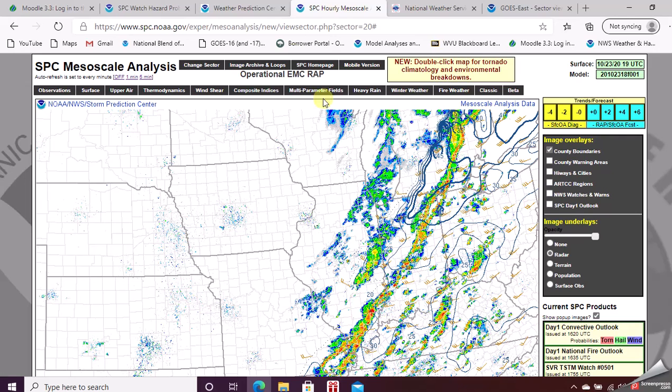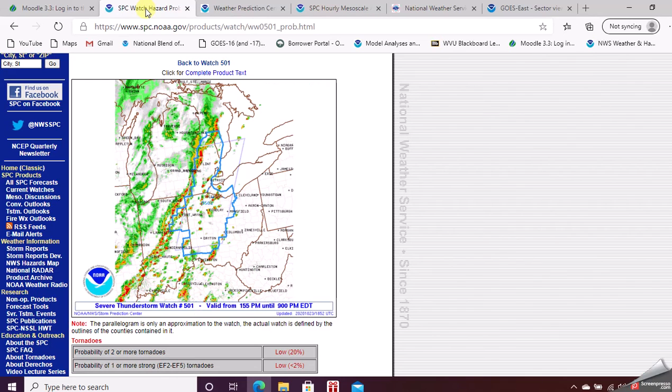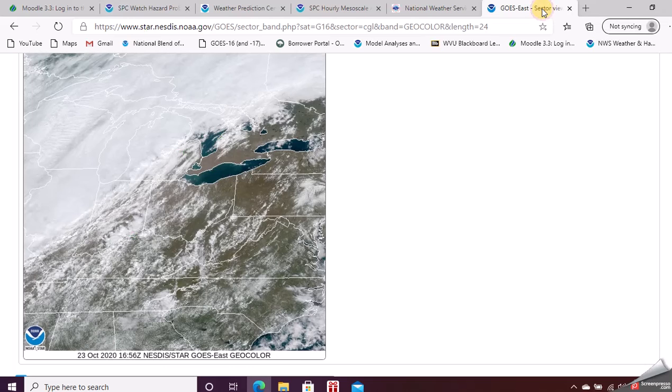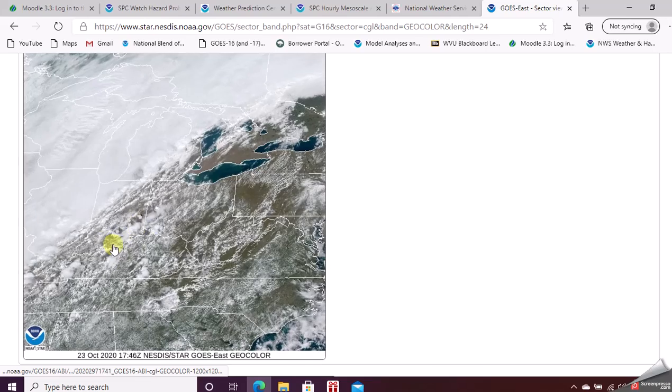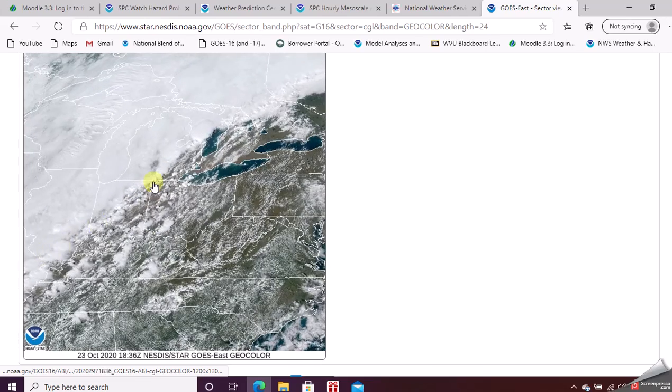But the chance is mainly, looking at what Storm Prediction Center says, a chance of hail and strong downburst. Not too much likelihood of tornadoes, and really not that much chance of hail today. So just applying everything we learned, and you can even look at it on the satellite, you can see all the cumulus clouds forming, and you can see the squall line right along it.